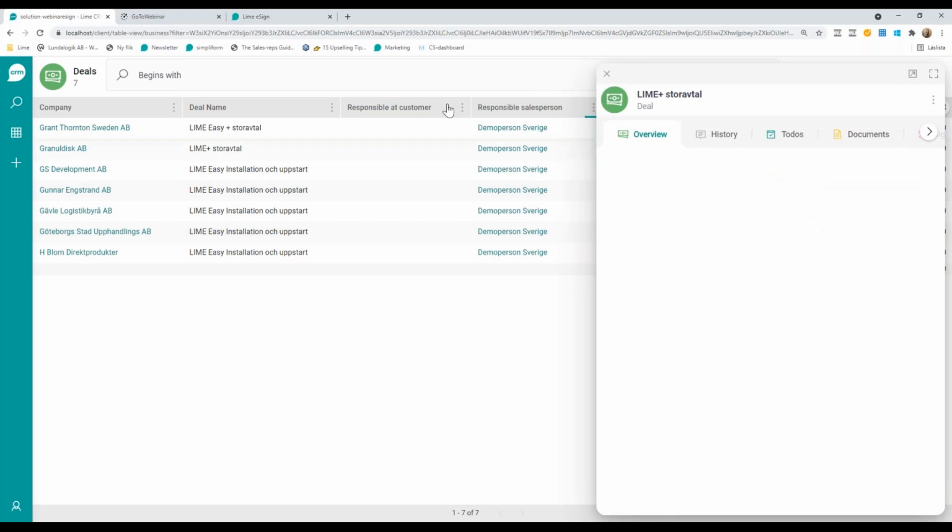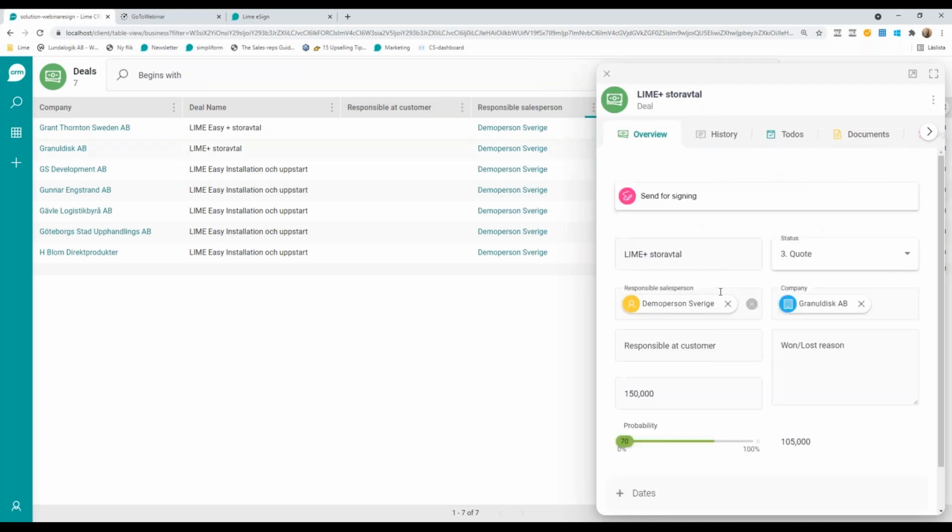So I'll open up this. And here on the deal card for this opportunity, that's called Lime Big Agreement, I have the button Send for Signing at the top of the overview here. So I click for Send for Signing,